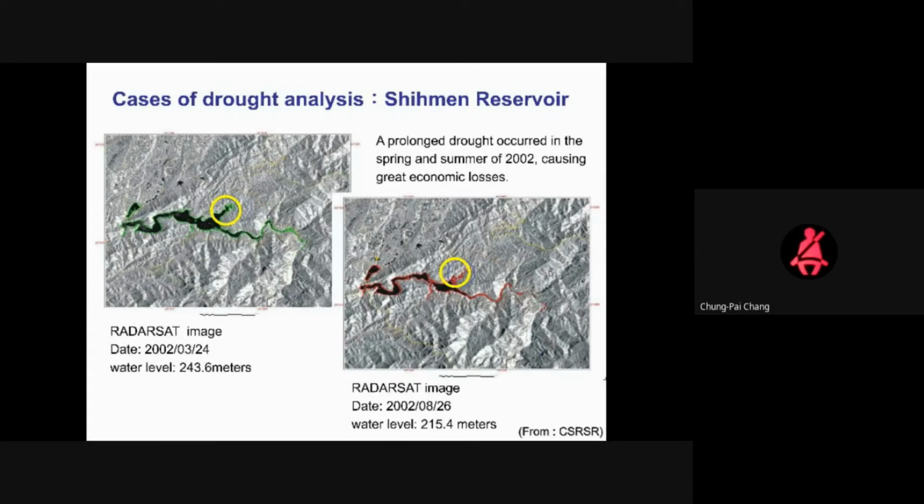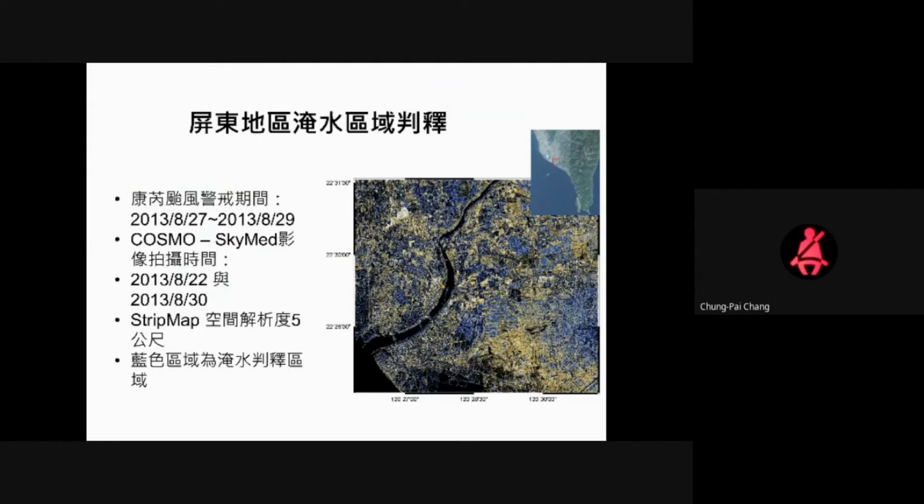And during different periods, you can see we have a different water line. I mean, the line, the boundary between the water and the land. So you can calculate the water level of this area of this lake. And of course, this is very sensitive for the flood event to detect the inundation,